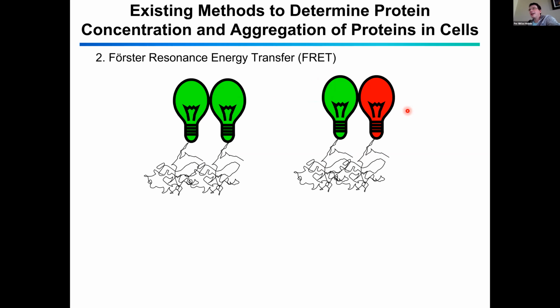And this is a very sensitive method. As soon as you have the two molecules very close together within a distance of a few nanometer, and also other conditions such as the orientation are fulfilled, you can get energy transfer between the two, which will result in a signal that you can detect. So for example, reduction of lifetime of the donor and increase of the fluorescence of the acceptor. So this is very sensitive to the detection of the formation of pairs, but it does not tell you for any higher oligomers. I mean, there could be 4 and you have more energy transfer, but that would be hard